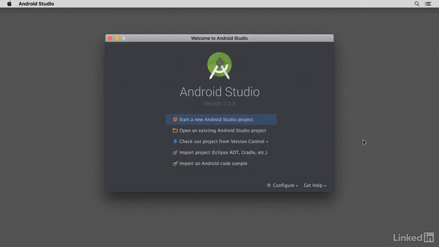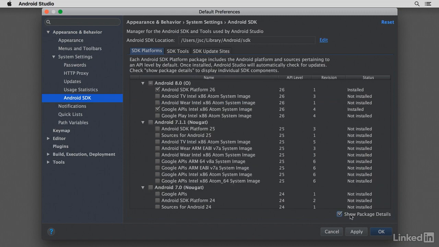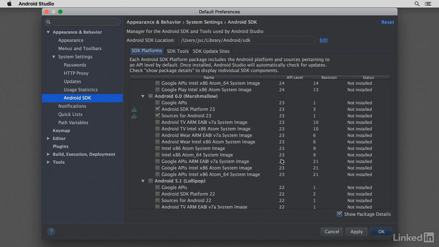When the installer is done, you should see this Welcome to Android Studio screen. Go ahead and click on Configure and pick SDK Manager. And you should notice that by default, it installs part of the Android 8 SDK. But to work with React Native right now, we need the Android 6 SDK. So I'll go ahead and show package detail and go to Android 6 Marshmallow and make sure the following checkboxes